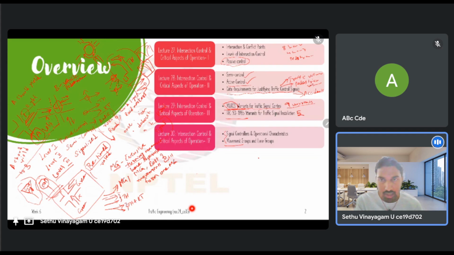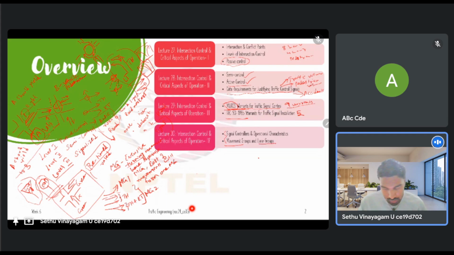So it will not get a separate movement group. Which means this through and the through plus right turning will form another movement group. Therefore there are only two movement groups in this. Whereas if you look at the